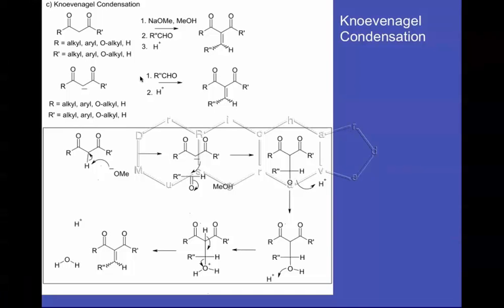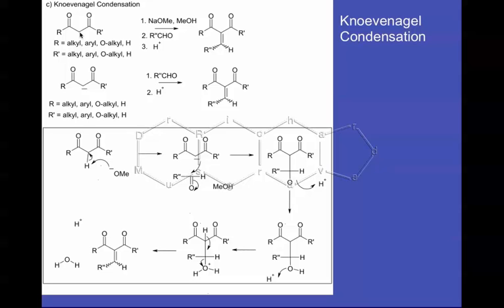I'd like to say a few words about the Knoevenagel condensation. The Knoevenagel condensation is kind of like a crossed aldol in that we're reacting two different C=O compounds. But the difference here is that one of the C=O compounds is a dicarbonyl compound, specifically a beta dicarbonyl compound that allows for the production of that very stable anion we talked about with the acetoacetic ester